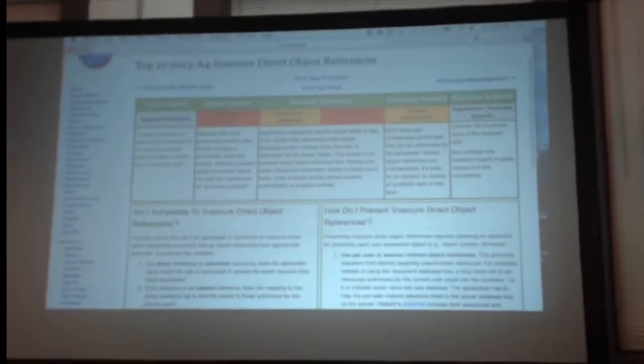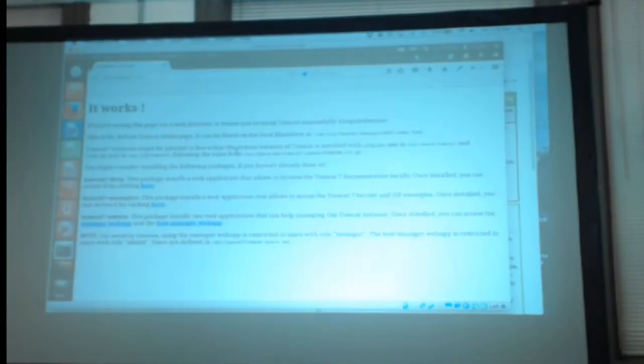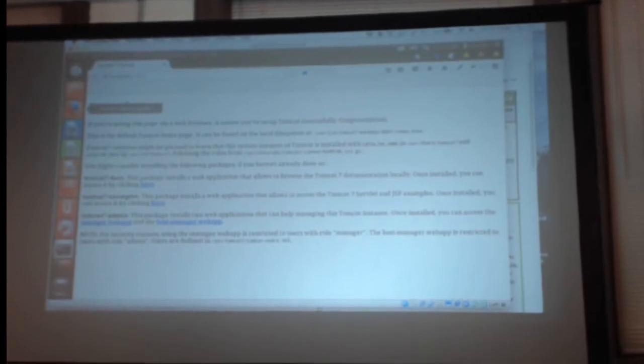All right, so let's go take a look. I'm going to bring up a virtual machine I'm using. I just typed that wrong. Okay. So what I have set up, just so everybody understands the picture,